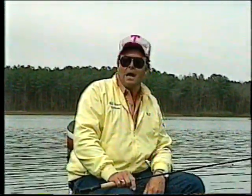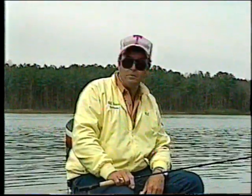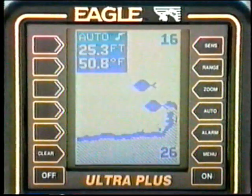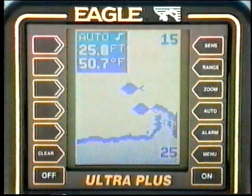I, for one, can vouch about his product. I've used them for almost 20 years now, and I rely on them every time I go to the water, and I find them to play as much a part of my fishing as any of my equipment. Today, you'll see just how important just one of his units can be in finding and locating the structure